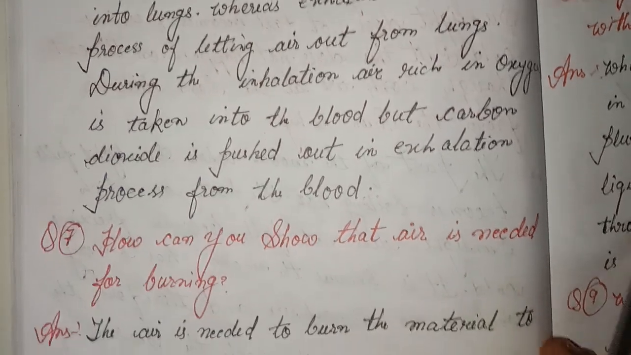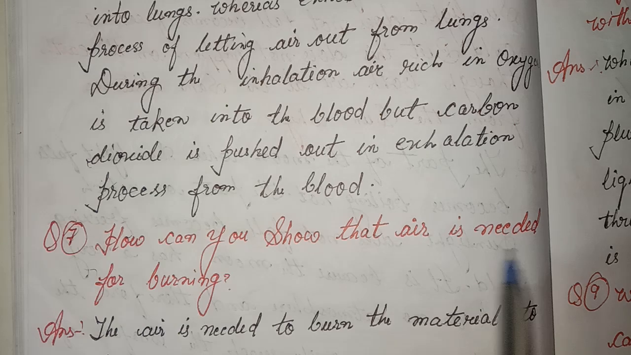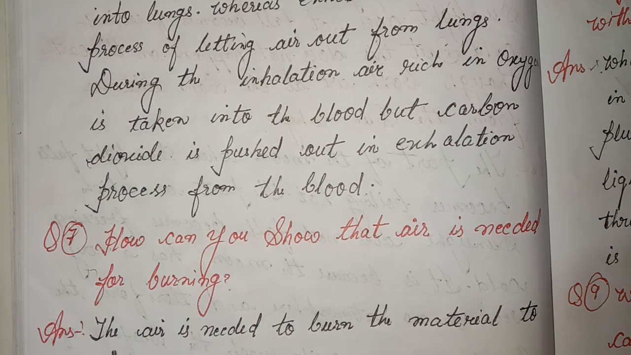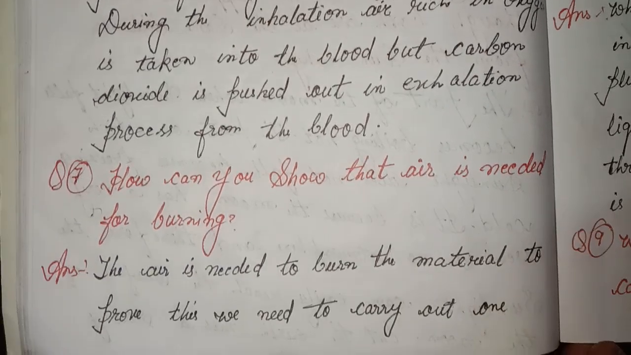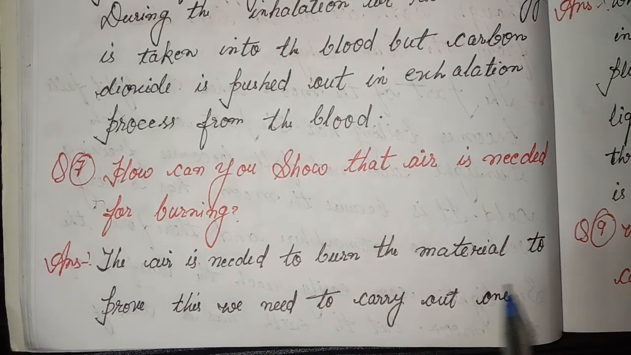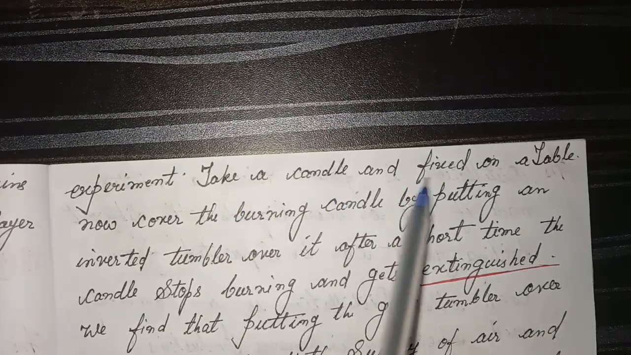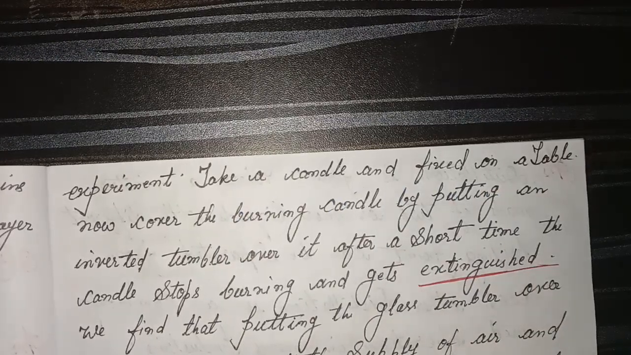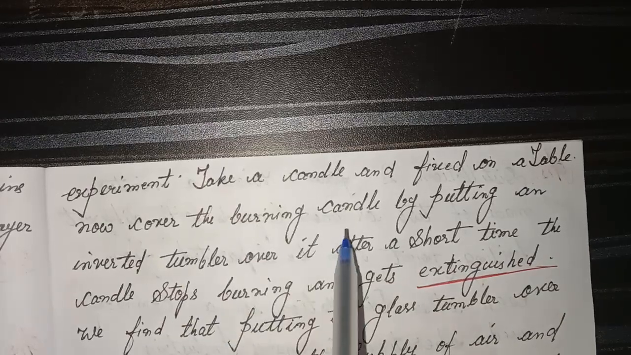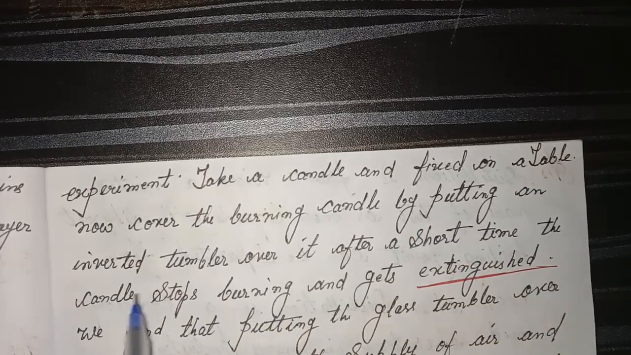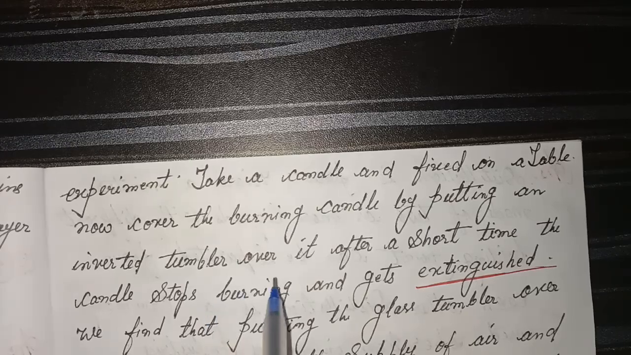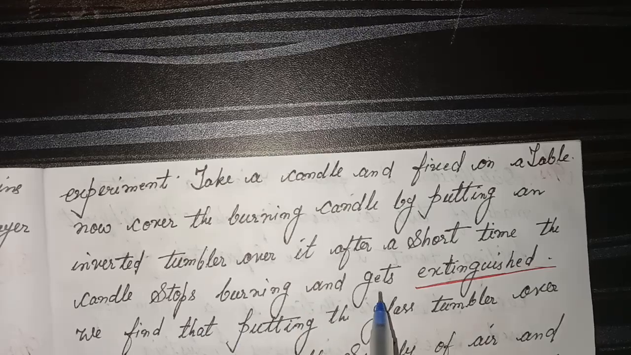7. How can you show that air is needed for burning? Answer. The air is needed to burn the material. For proof, we need to carry out one experiment. Take a candle and fix it on a table. Now cover the burning candle by putting an inverted tumbler over it. After a short time, the candle stops burning